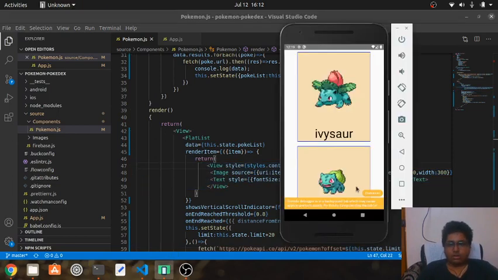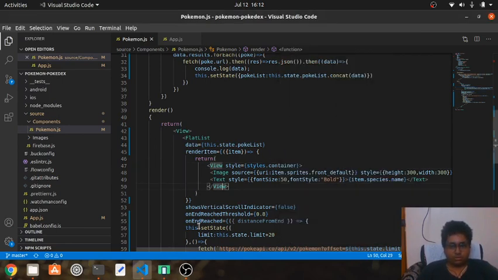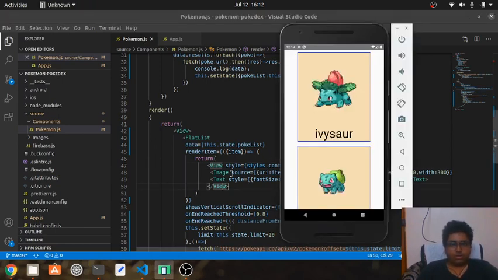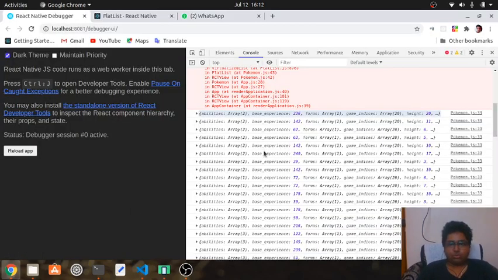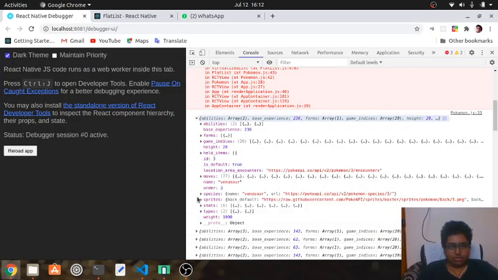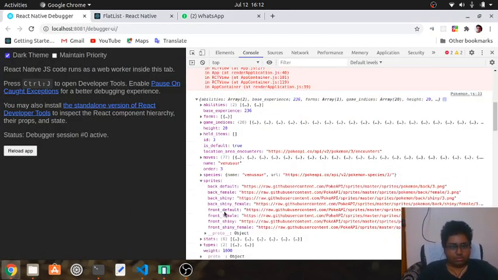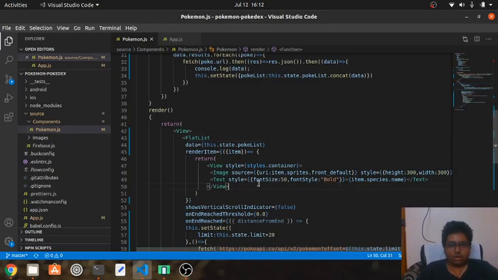As you can see here, there is a view, and this view is this one. Then there is the image, that is this. I've taken that image.sprite.front default that I showed you from here. So there is the sprite, and there is the front default of each and every Pokemon, and then there is the item, that is the Pokemon.species.name, and that is getting rendered here.